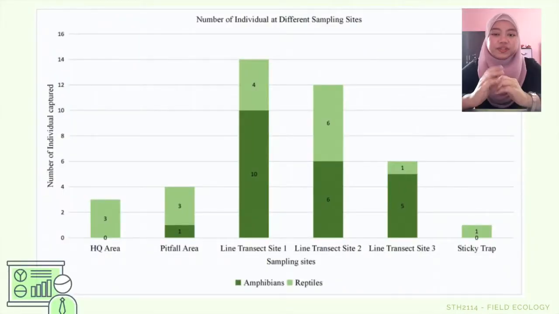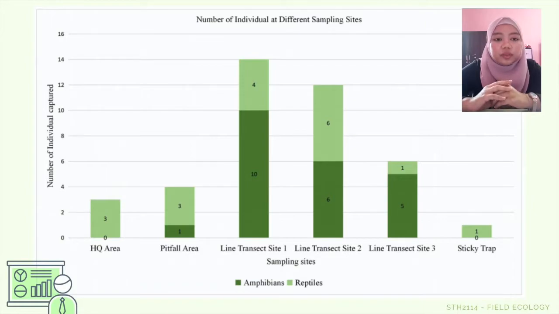The bar chart shows the number of individuals captured at the different sampling sites. The sticky trap has the least number of individuals captured among the 6 different sampling sites. This is because only one individual was captured at this sampling site, which is a reptile. For the HQ area, the number of individuals captured is 3, all of which are reptiles. For the pitfall area, the number of individuals captured is 4, which is 3 from the reptiles and 1 from